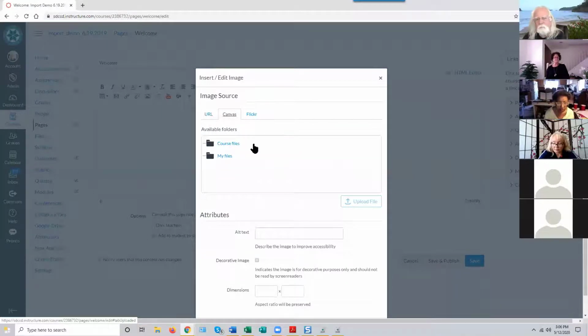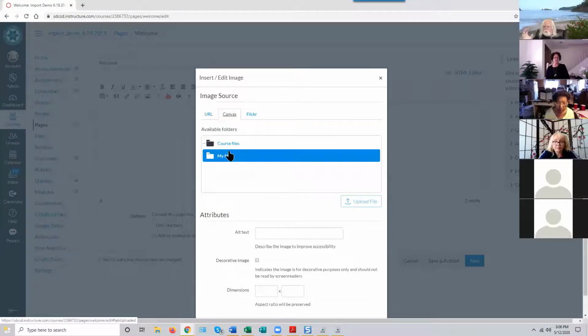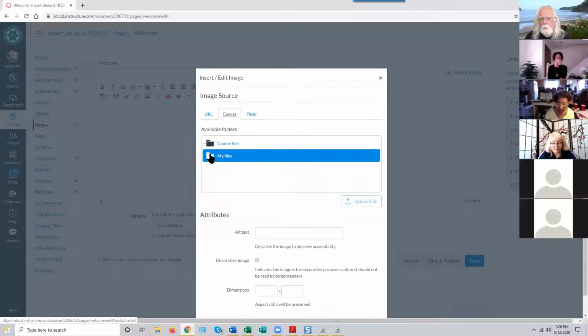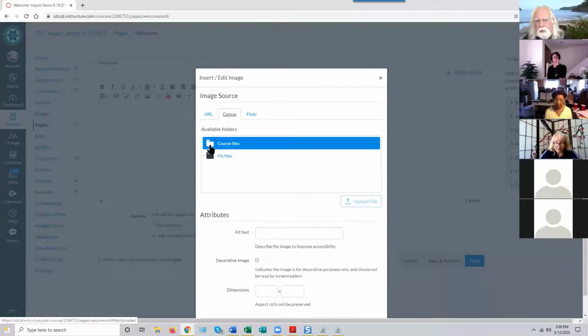So I'm going to select that Canvas tab, and I do have to tell Canvas where this image file is going to be stored on Canvas. And you have two options. One is to store it in the file manager, the file storage location associated with this course, or you can put it in your personal file space, which can be then used to share it among different courses. That's a neat idea, but you don't have that much space in your My Files area. So usually you're going to put these files in course files. So you select that,